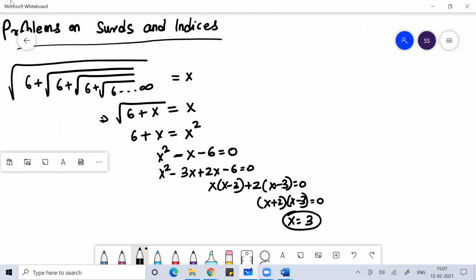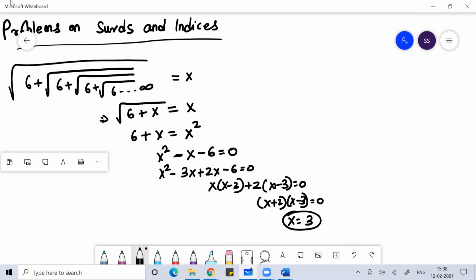I remember there's a book by Shakuntala Devi, and these kinds of questions were there, and we used to solve them using quadratic equations. I believe you have seen these kinds of questions either in some competitive exam or NTSE or Olympiad or anything like that. Correct, right, everyone? You can do it this way step by step, and you will get the answer x equal to 3. Everyone understood this?